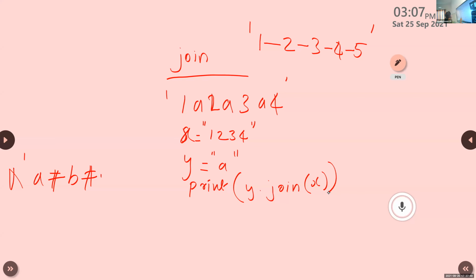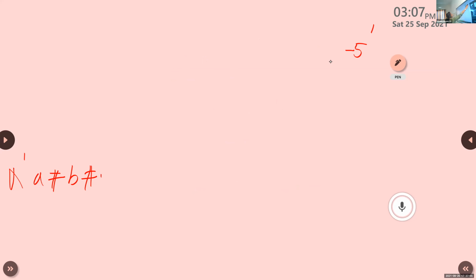So the last function is partition. Partition function. First write the definition.